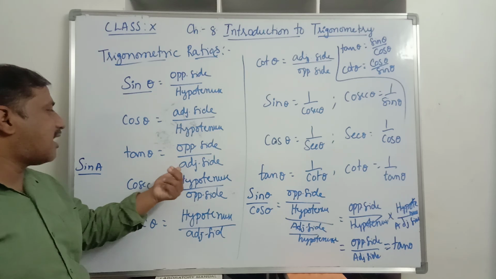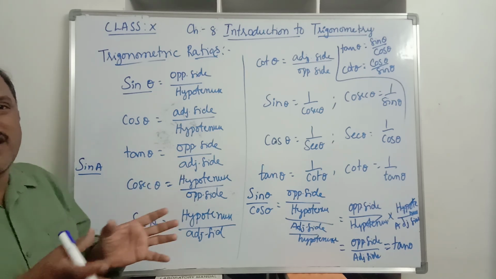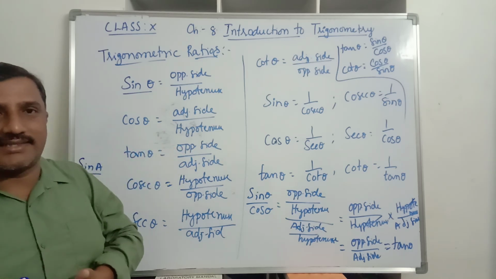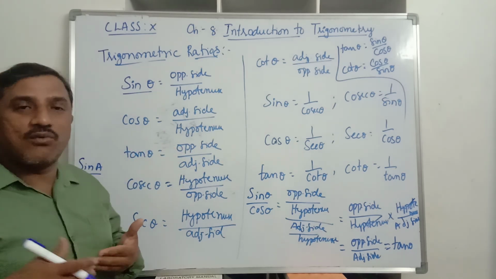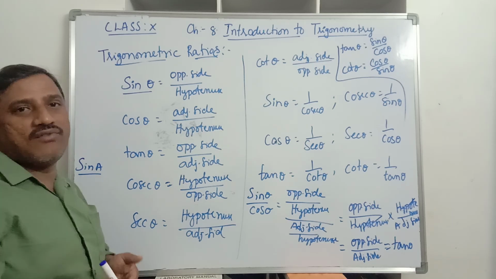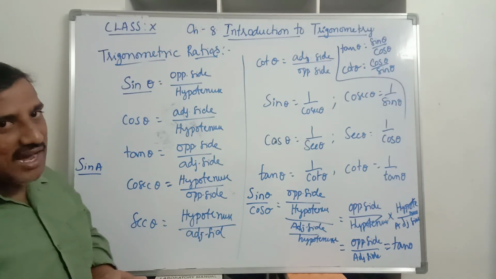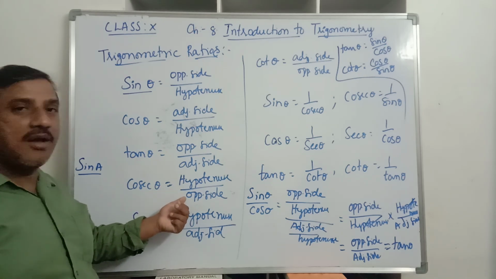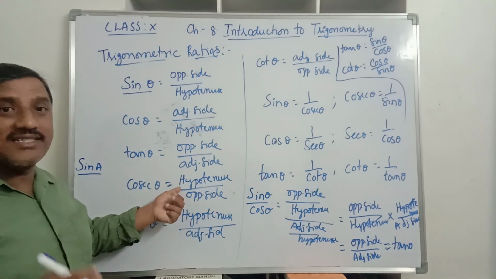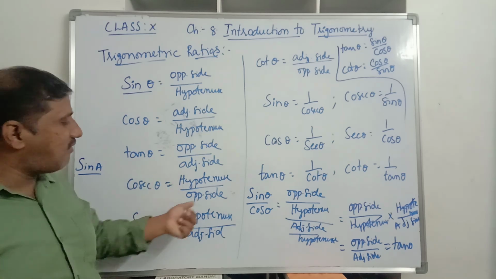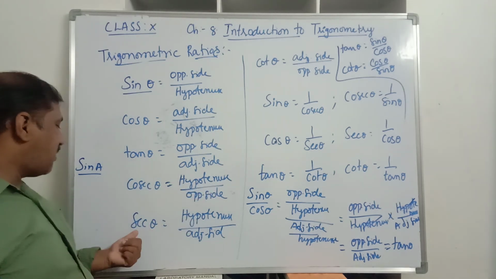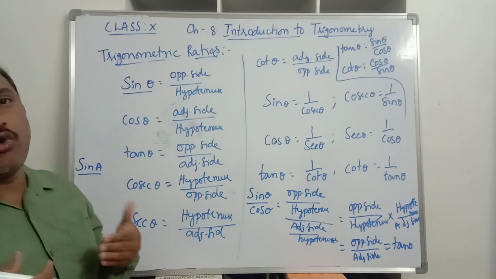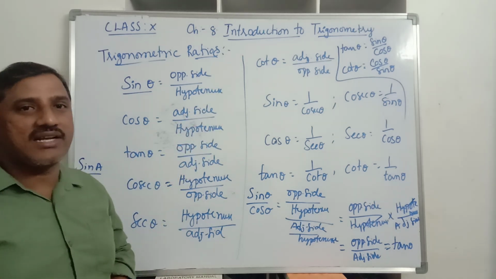Tan theta is opposite side by adjacent side. Here the two perpendicular sides may be equal, or one side will be more and the other less. That means we may get 1, or a proper fraction, or an improper fraction for its value. Cosecant is hypotenuse by the opposite side, and the hypotenuse is the longest side, therefore we will always get an improper fraction. Similarly for secant theta, we will get an improper fraction, and for cot theta we may get a proper fraction, an improper fraction, or 1.